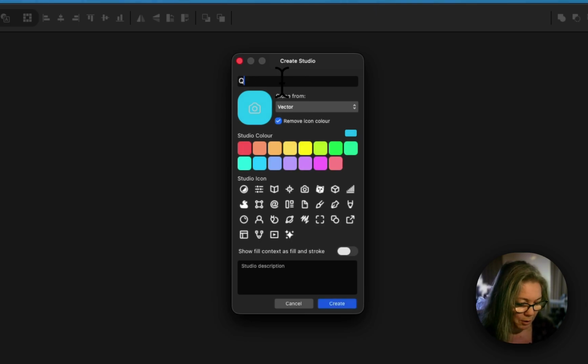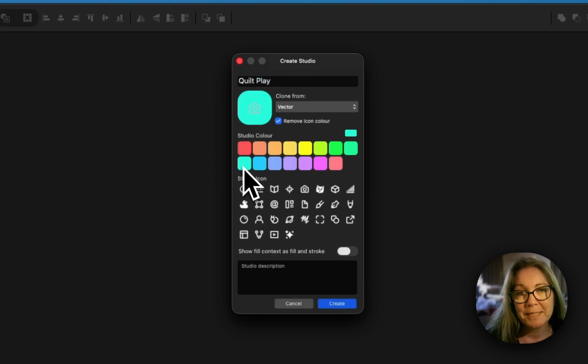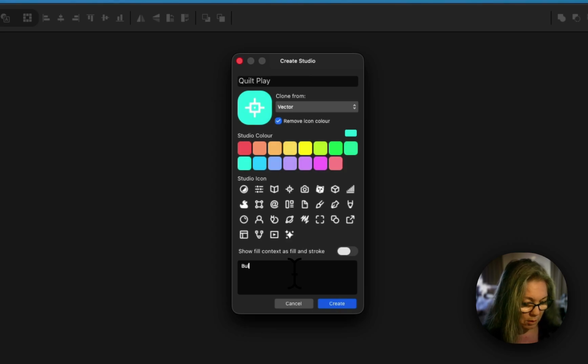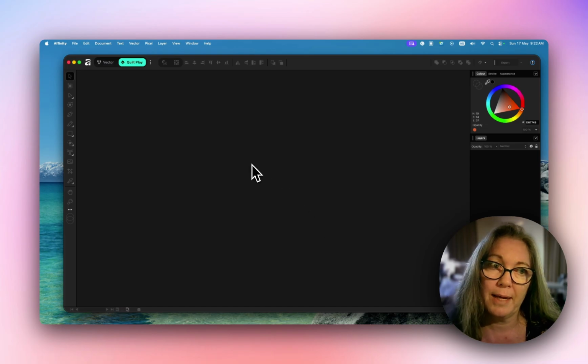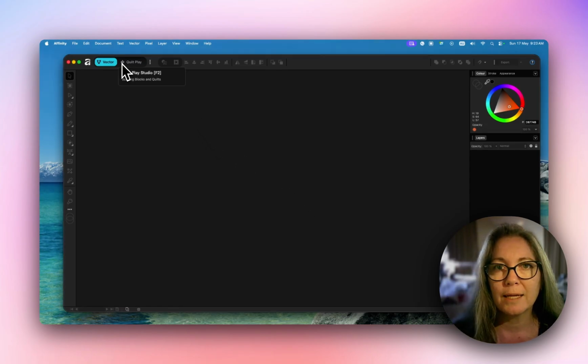That's perfect. I'm going to call it Quilt Play because we're playing. I'm going to pick this color because it's my favorite, and this is quiltish. This particular studio is just going to be for building blocks and quilts. That gives a bit of context so you know which one this is for. I've called it that. Press create. So any of the presets that we create going forward will actually be saved to that workspace. So it's really important to set up your workspace first,